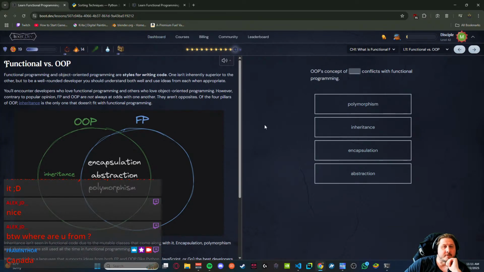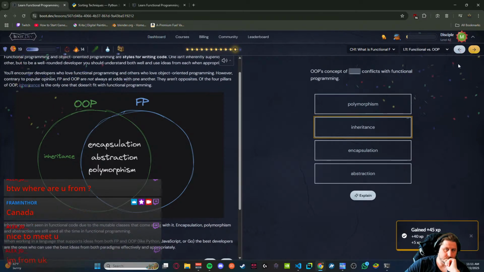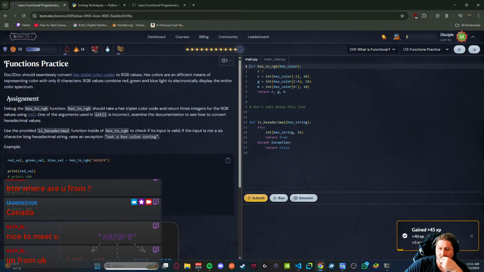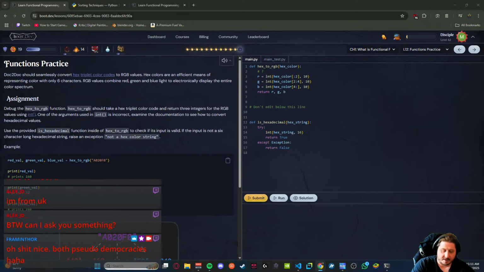Okay, I hope this concept of inheritance conflicts with functional programming. Oh shit, nice. Sure, ask away, but I'm not buying.